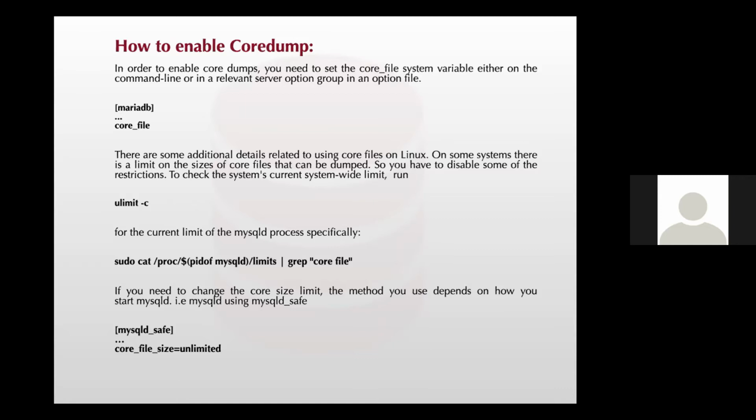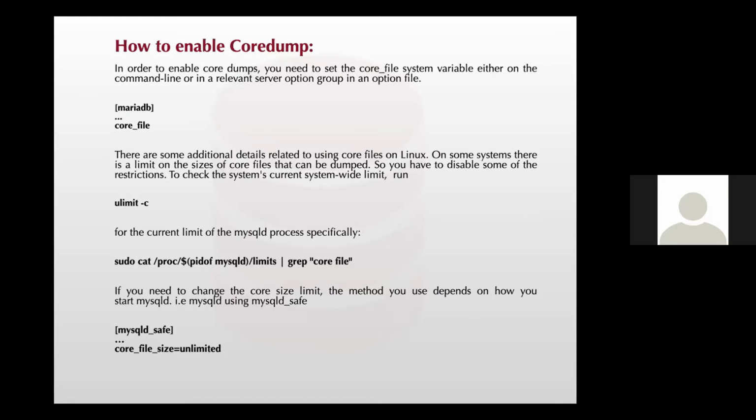So the sizes of core files are important, because the size will be fixed at the operating system level. You can use the ulimit -c command to check what the current limit is. And if you want, you specifically have to set the size to unlimited, because sometimes operating system level file permissions or file limitations are different from what core files need. So in that situation, you have to enable and set the unlimited size for the core file.